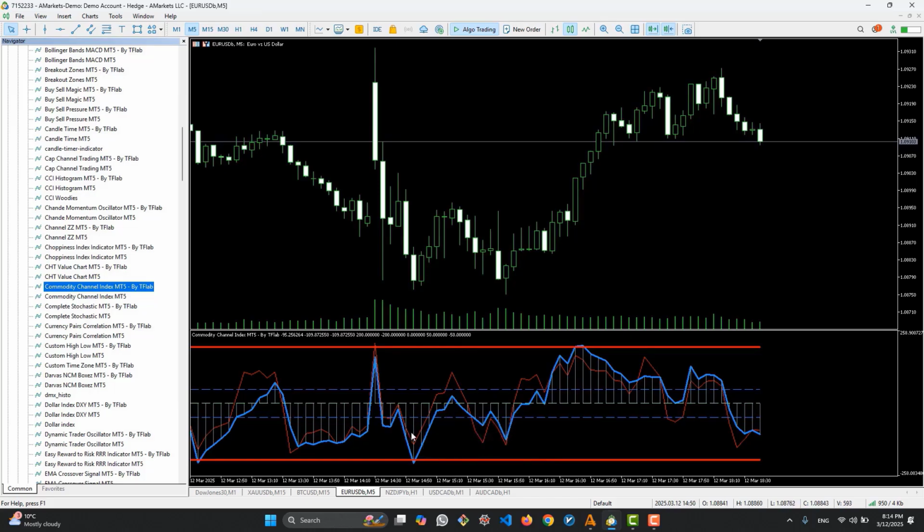secondly, it shows histograms on the CCI indicator with a longer period, and it displays two trigger lines at the